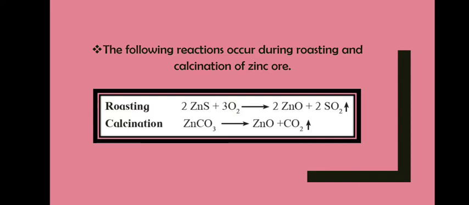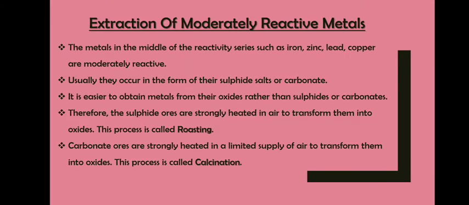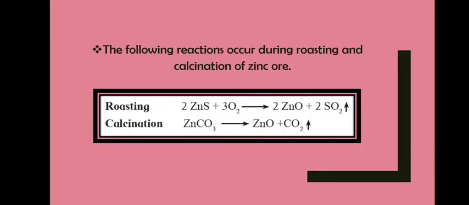So you have zinc sulfide. You are allowing it to be roasted in the air, that is oxygen. Okay, so it will become zinc oxide along with sulfur dioxide, right? And then the carbonate, zinc carbonate, will be calcinated. So what happens in calcination? You are strongly heating it in limited supply of air. Then again it will become zinc oxide. The aim is to form zinc oxide. Okay, whether it is a sulfide or a carbonate. Followed, students?